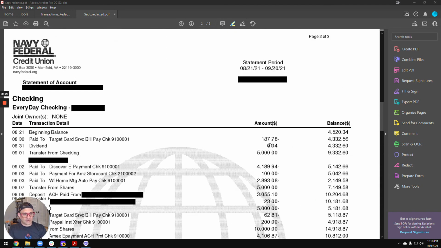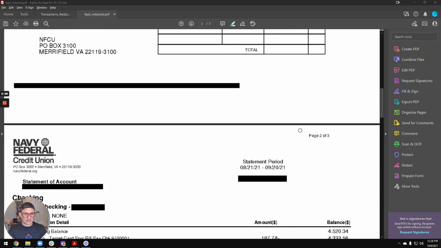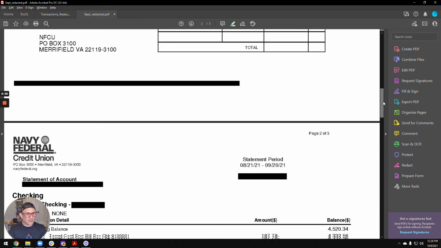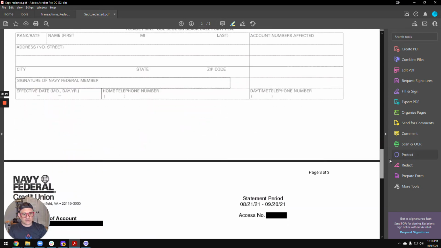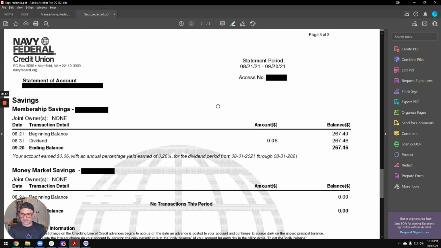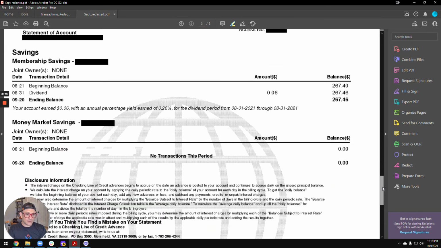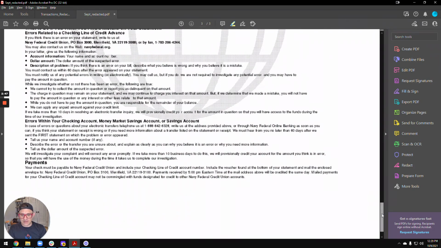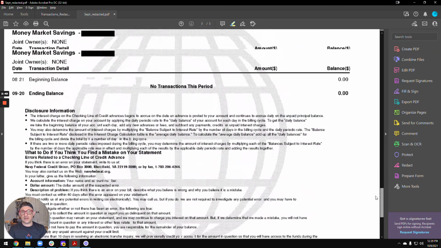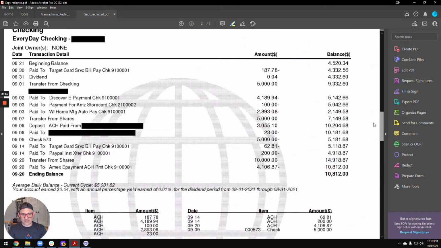Now, one thing to point out, and this should be clear already, is see this says page 2 of 3. No matter what your bank statements show, we do need to see all 3 pages. In this case, there is actual account information on page 3, but a lot of statements will have a blank page. It'll still be numbered, but it'll say this page was intentionally left blank. We need that page.